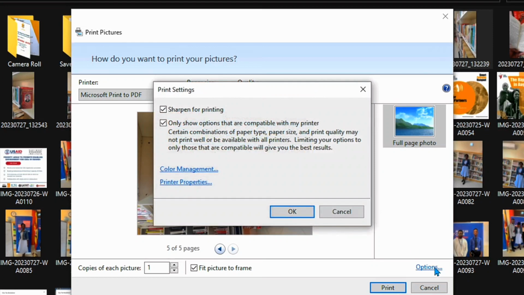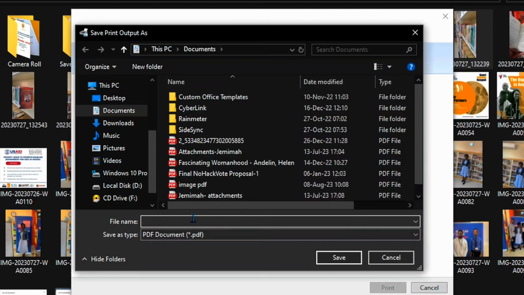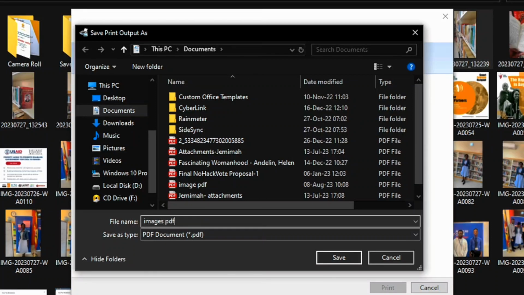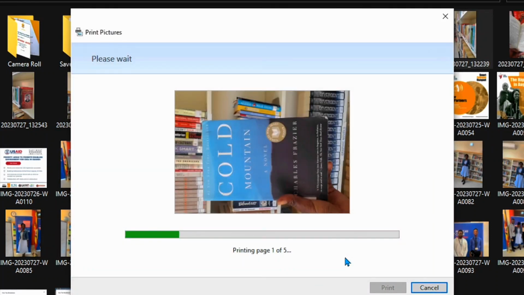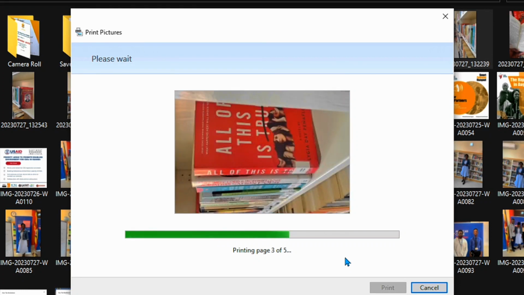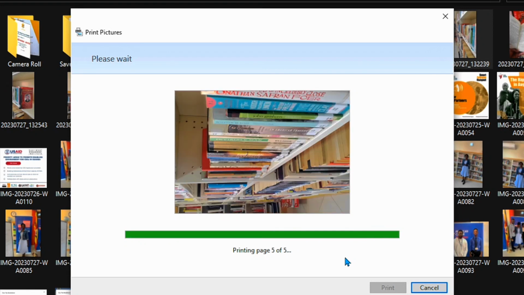So I click that and cancel this. You press print. As you can see, it's printing, and it also brings the same thing. So I'm going to put in images PDF to save my PDF file, and we are good to go. So it's printing while at the same time saving your images in a PDF file. It takes quite a few seconds depending on the images you have. So as mine is getting done,